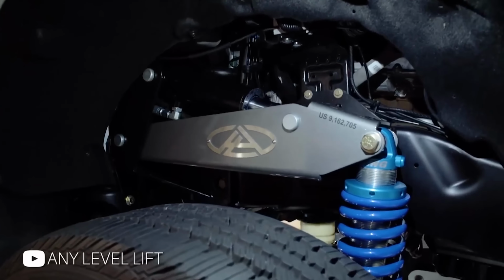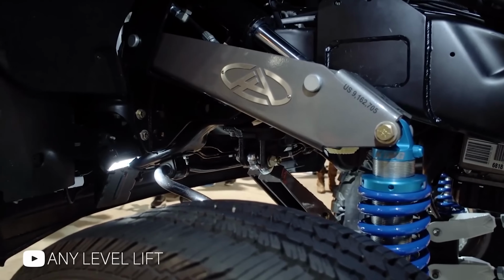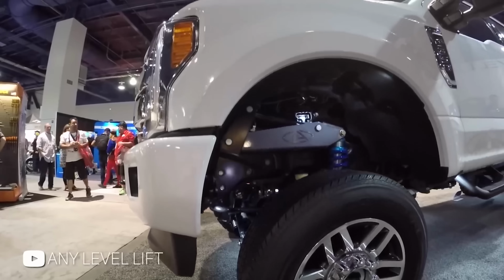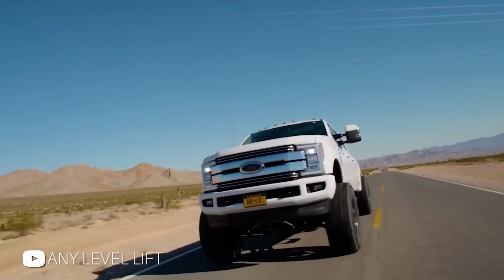For the first time in industry history, a lift kit was available that offered a whopping 16 inches of ride height adjustment without any impact to how the truck drives or rides. So what makes an Any Level Lift so unique, you might ask? Well, for starters, the suspension travel we just mentioned is pretty awesome. These lift kits utilize a fully custom suspension geometry that allows you to drop your truck an inch below factory ride height or raise it up about 13 inches above the factory ride height,